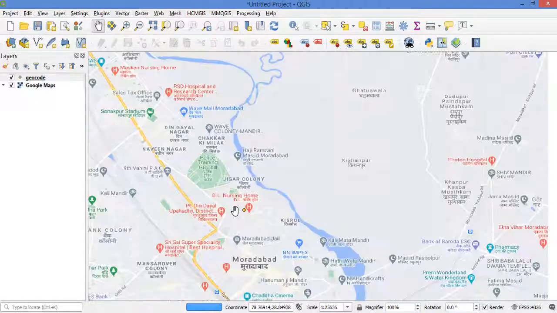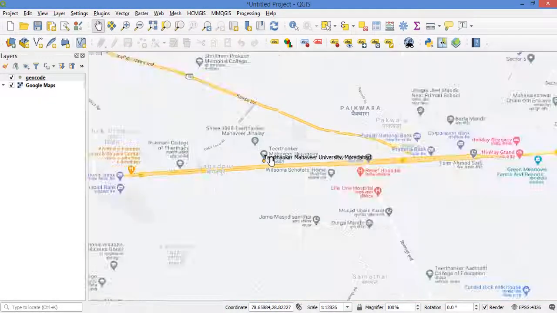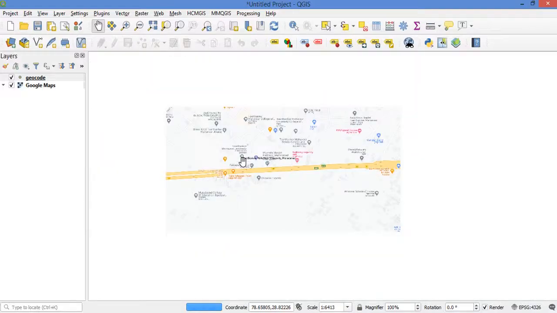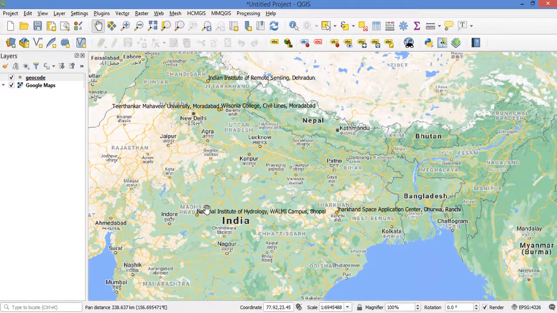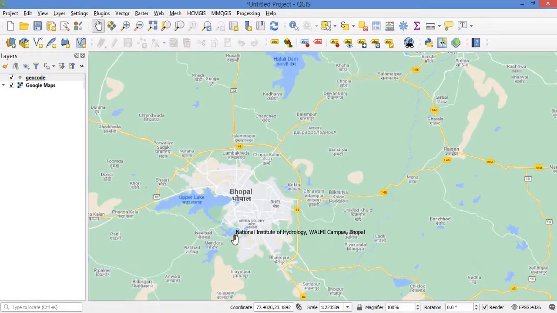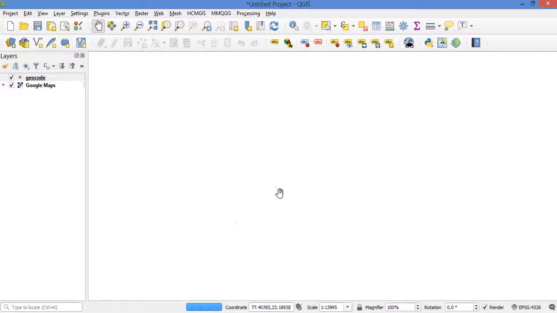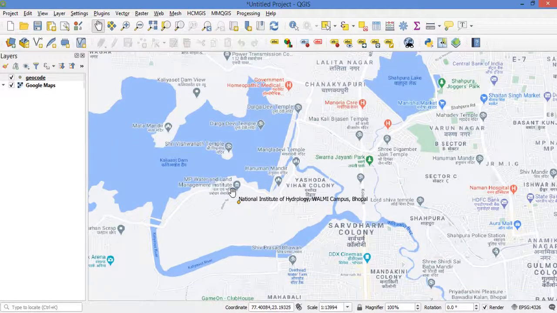It is matching with the Google map. Here is my first workplace, it is also matching. My present workplace, yes, it is also matching.